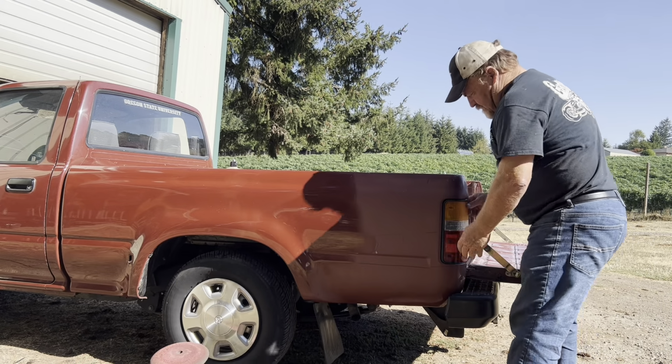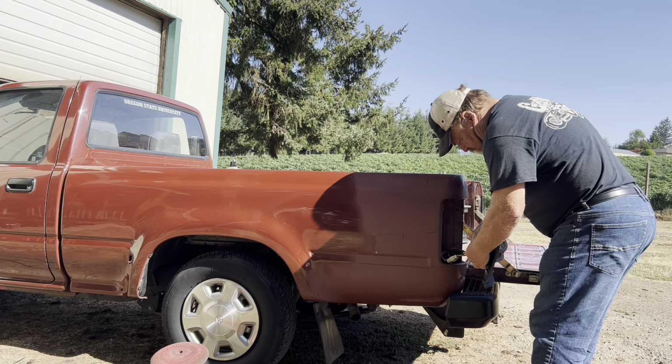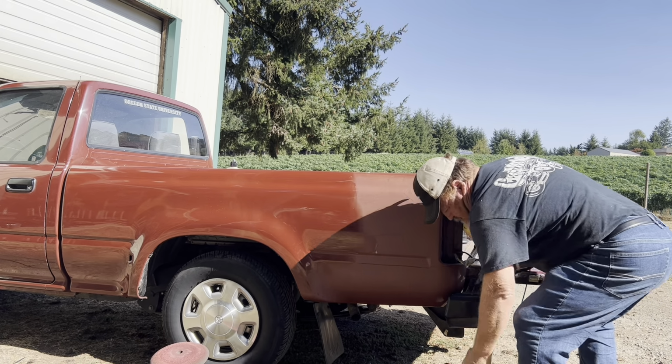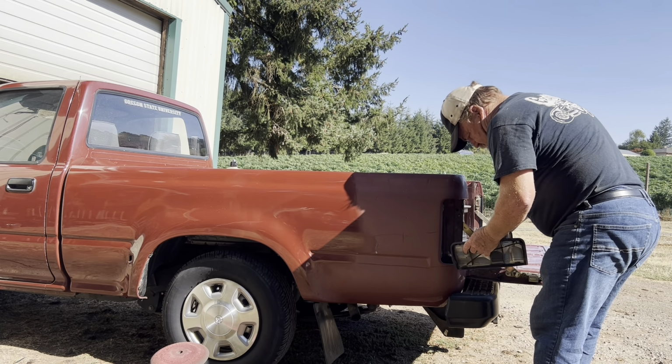All right, remove the screws out of the tail light. We're going to remove it so we don't get compound all over that. Oh, that's nice. It fell apart, I guess. And looks like we got a